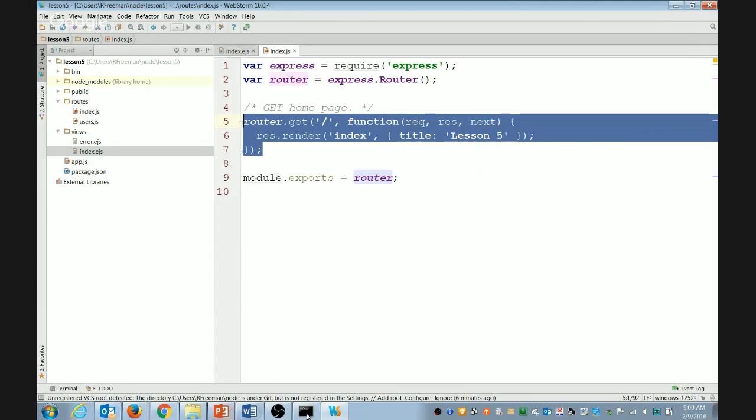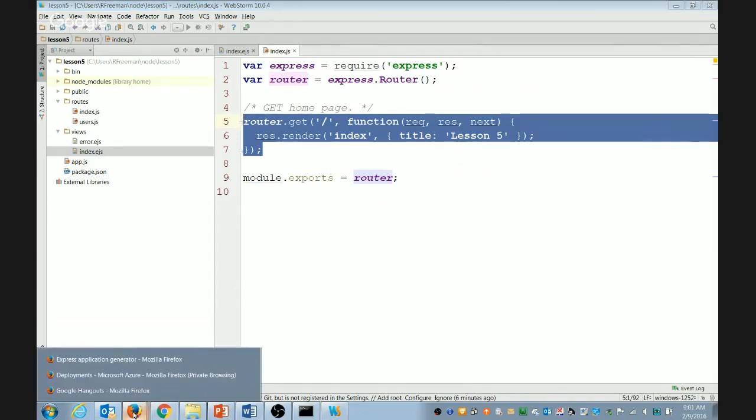And I guess the lab's going to involve this. Yep. So your lab is basically going to be to build a really simple Express generator site. I'll show you what it will look like. Okay. All right. So I'm going to